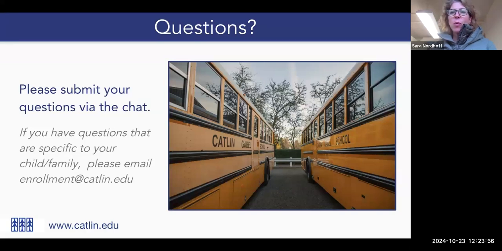Mary addressed this first one, but maybe let's say it out loud just in case so everybody can hear it. This parent is wondering if you pay the fee early, can you still apply by the February deadline? Yes. So you can pay the fee at any point, but the rest of your application would still be due by February 4th.